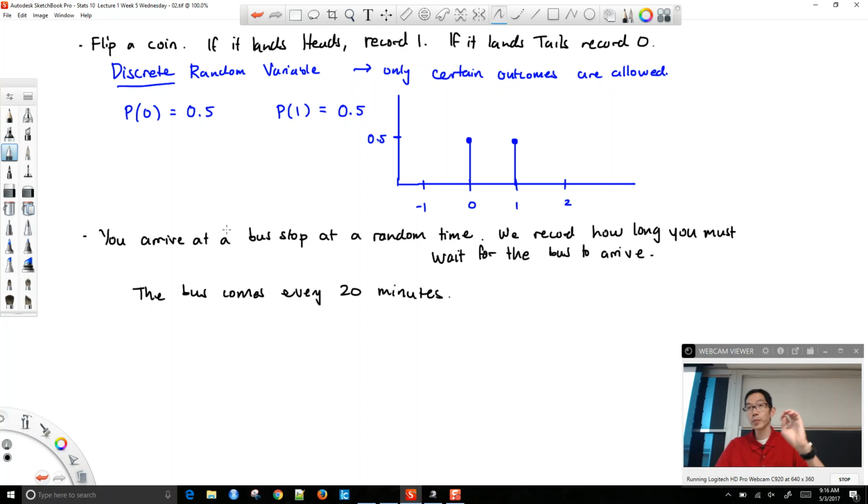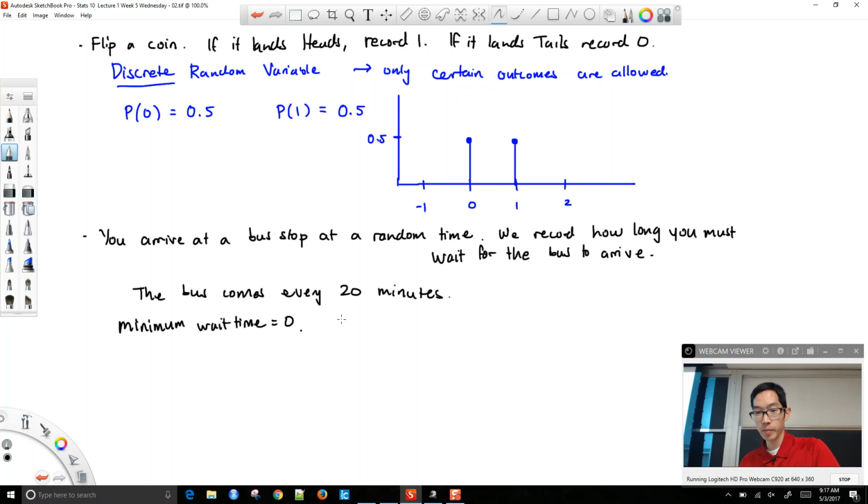0, right? We might be super lucky. We might get to the bus stop right as the bus is arriving. We have to wait 0, right? So kind of our minimum wait time is 0. And what is the longest we would have to wait if we arrive at a random